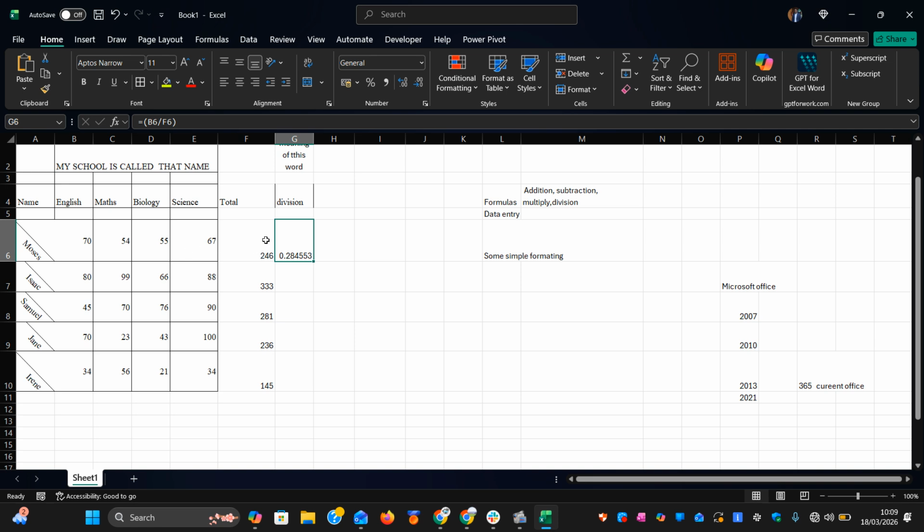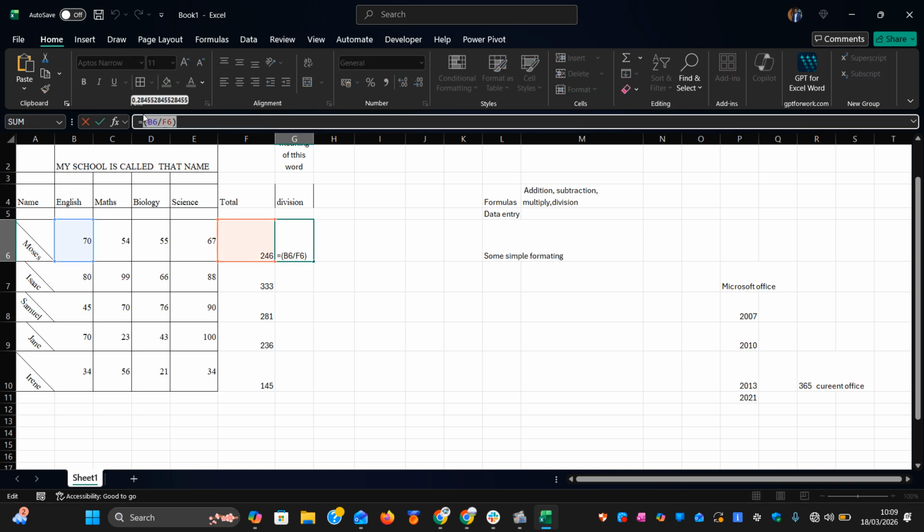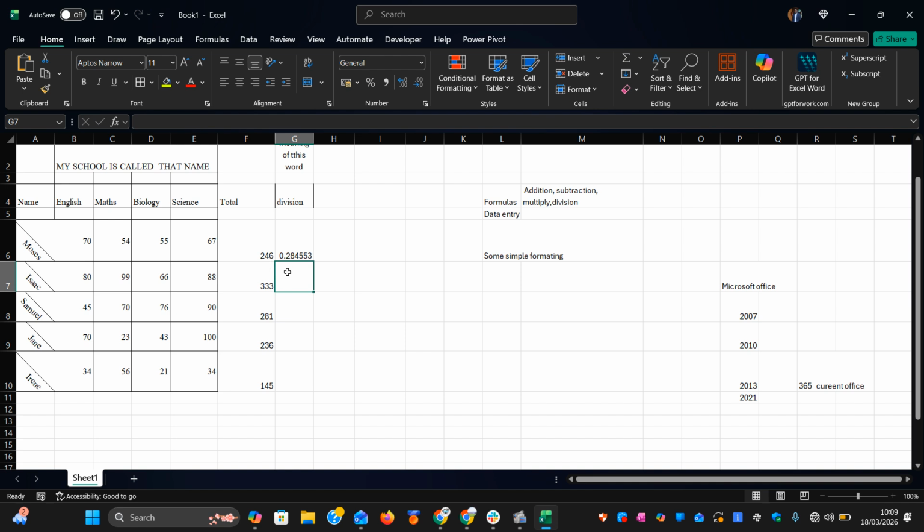Okay, that is how the division works, and this is how the formula looks in the formula bar. Right? So you can still do the dragging. You click in the division and position your cursor right here at the bottom, and then you long press on the left, then you slide. You will see that the computer is giving you